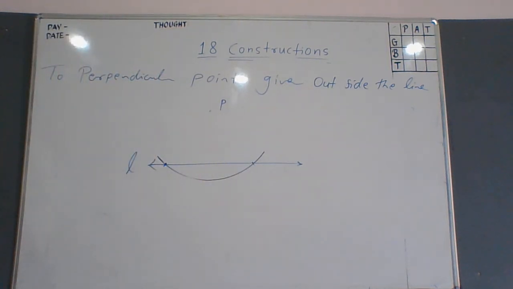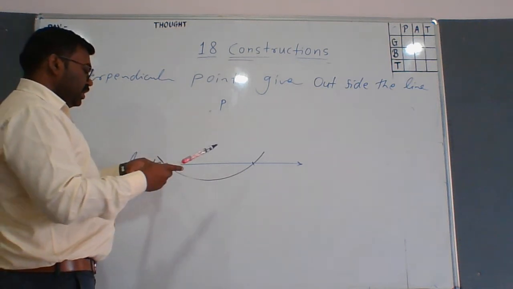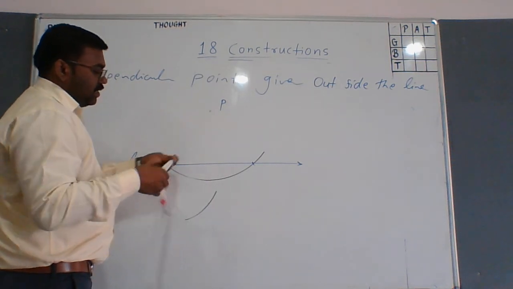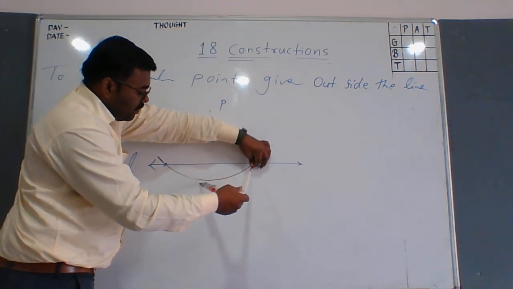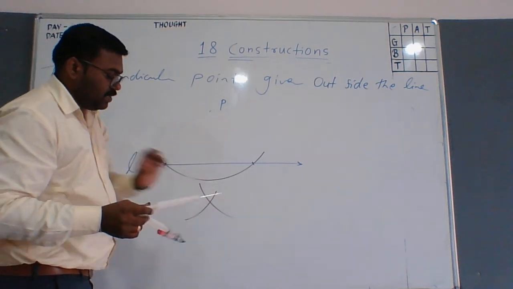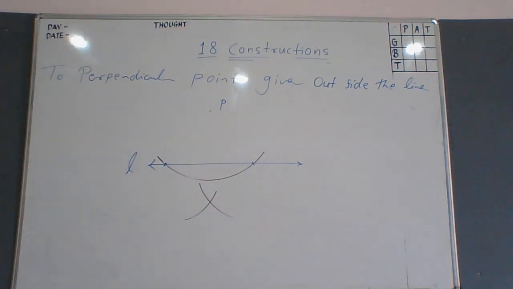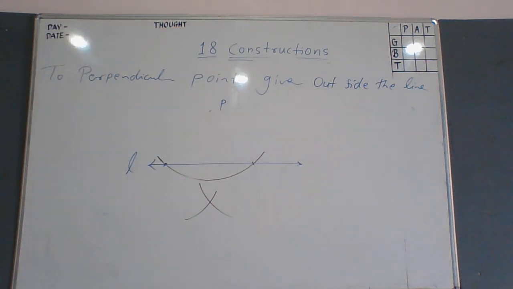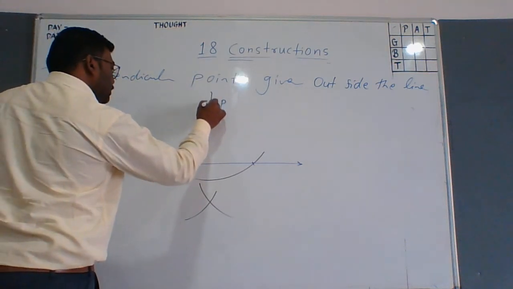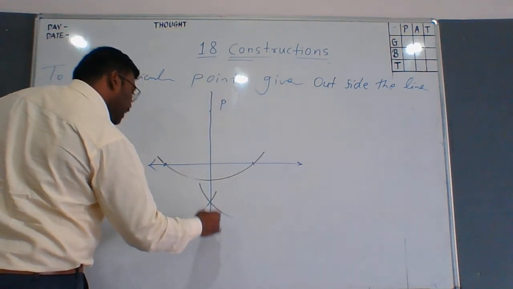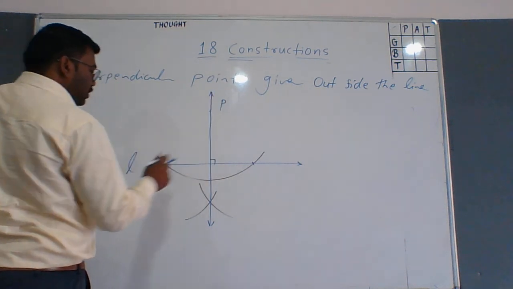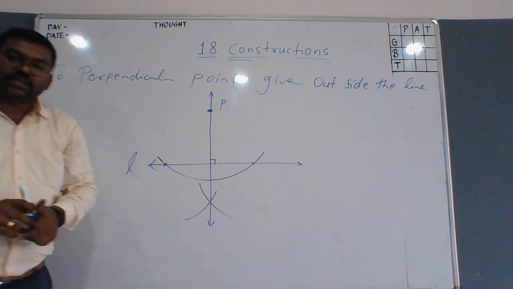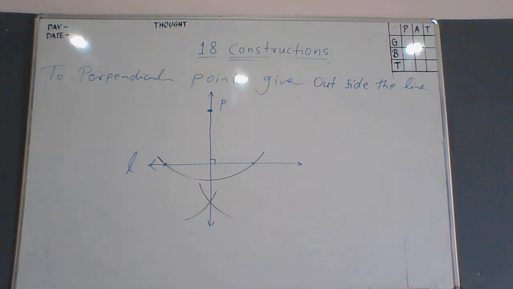Take more than half the distance of these 2 points. Put the pointer on the first point, taking more than half of this. Draw 1 arc down, and from the second point we cut it. Okay, from this point we have cut this arc. So it is necessary to take more than half the distance of these two. Okay. Now let us join this. So here we get the perpendicular to the line L, whereas the point P was outside the line. Got it? So for today we will stop here. Thank you very much. Have a good day.